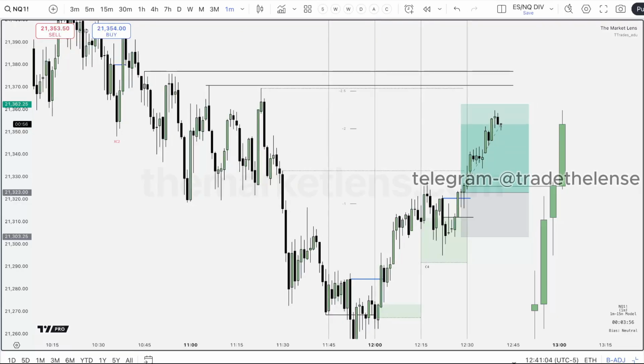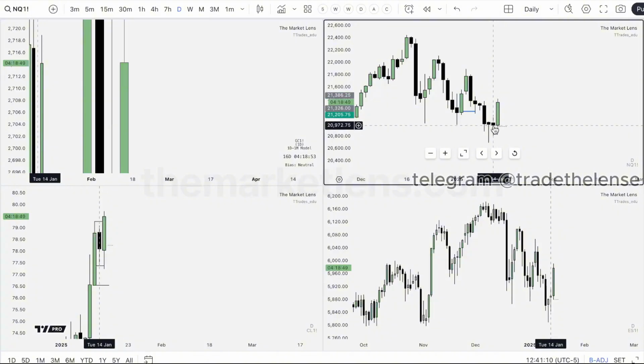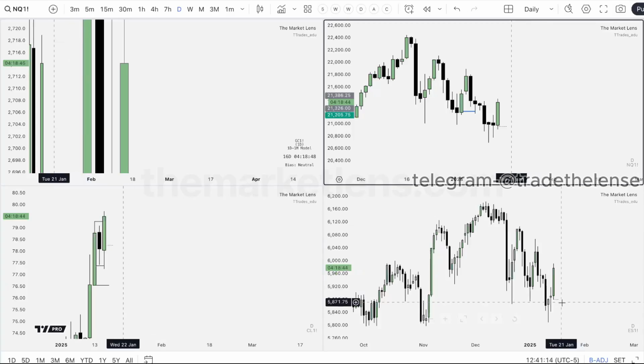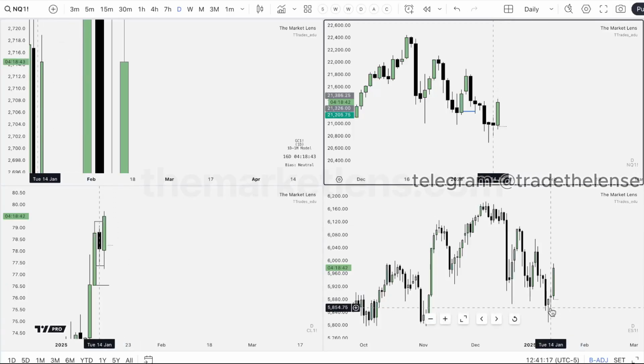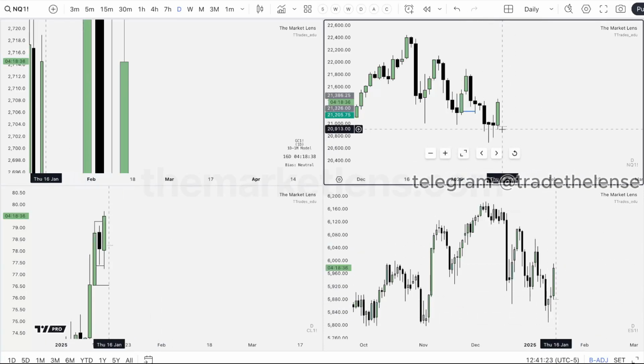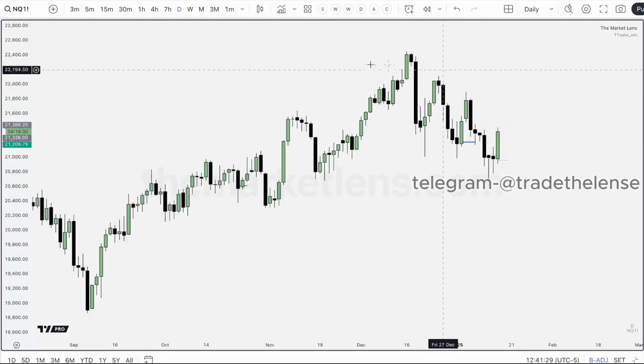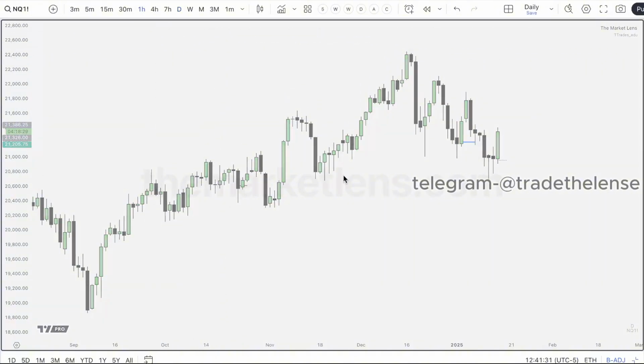Was yesterday a C2 closure on the daily? If we go take a look at the daily, yeah, it's technically a bearish C2 on NQ. It is a bullish candle closure in this bullish swing point on ES. So it's hard, because sometimes you have to fade the mechanics of a model. See what the hour looked like real quick.